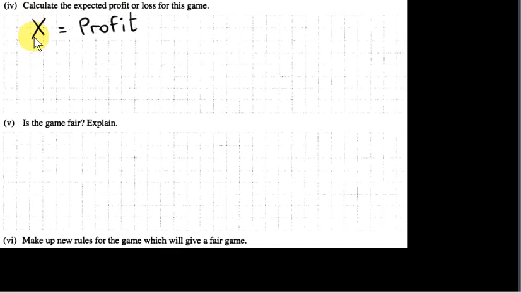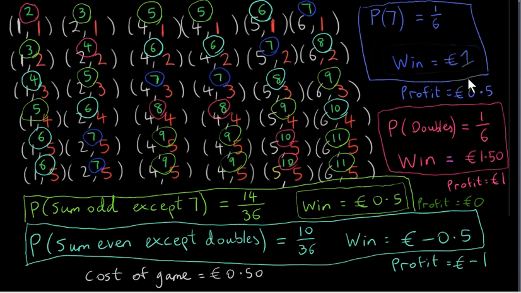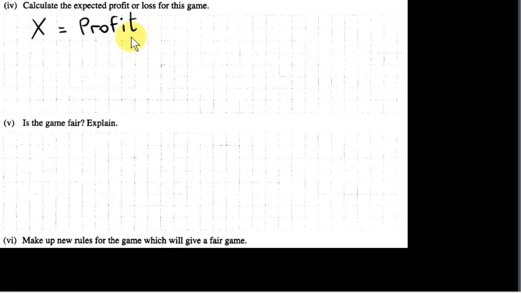Now I'm going to let the random variable x stand for the profit. We know it takes on the values that we saw with certain probabilities. It takes on these values 0.5, 1, 0 and minus 1 with probabilities 1/6, 1/6, 14 over 36 and 10 over 36. So we have a random variable that takes on values with certain probabilities, and we're interested in the expected value